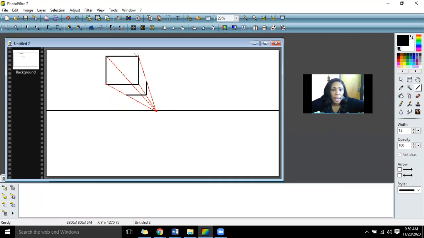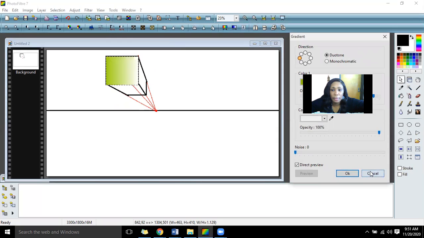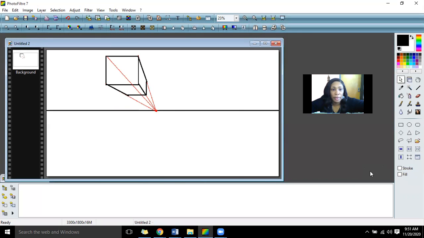Now, let's connect this line to that one, connect this line to the corner, and connect this line to this corner. That shows you right there that we have made our box. What's interesting about our box is that we can also shade the box from dark to light, but you don't have to do this today because I still want to see your guidelines. But I want you to see how the box can be shaded from dark to light, like you just saw right there. Now, the next thing that we're going to do, and this is 1 point perspective, is make